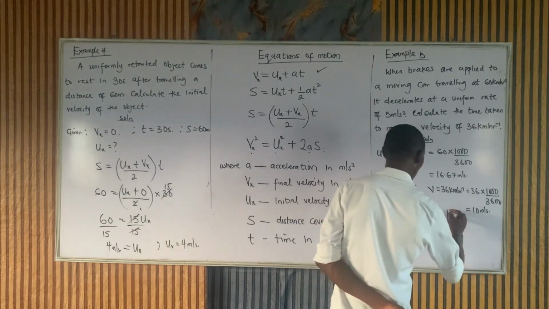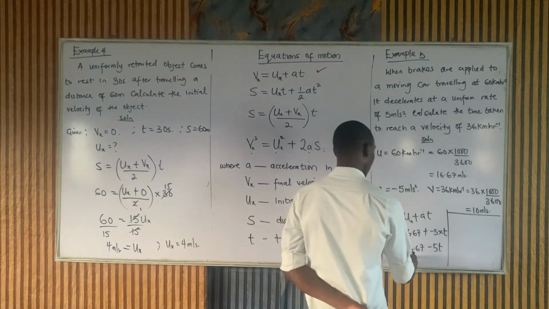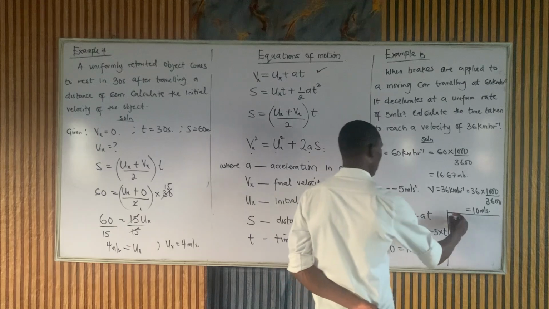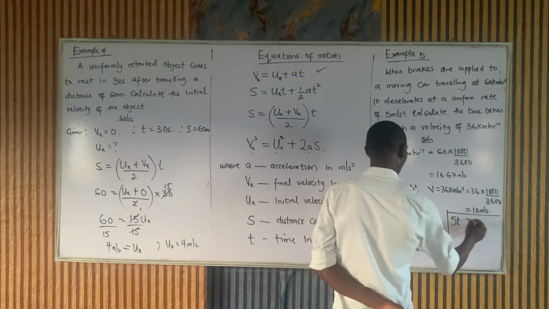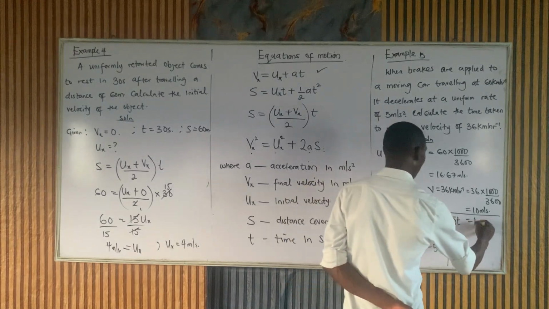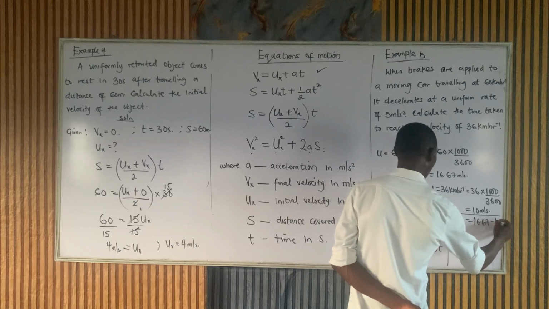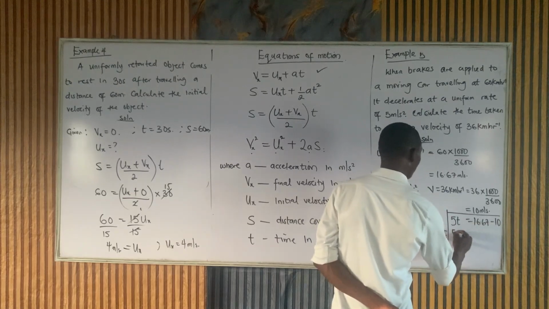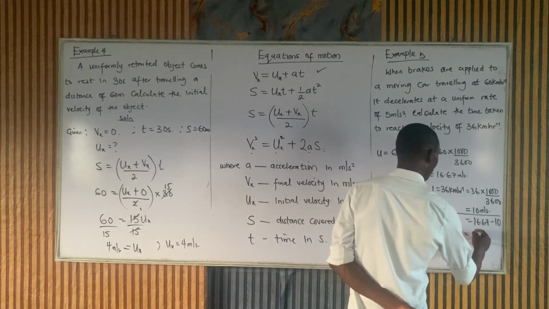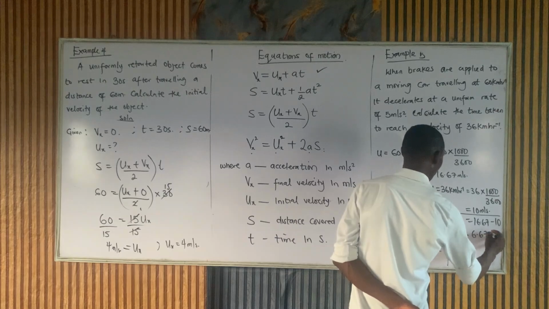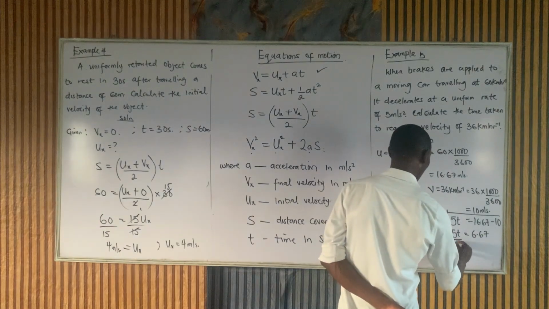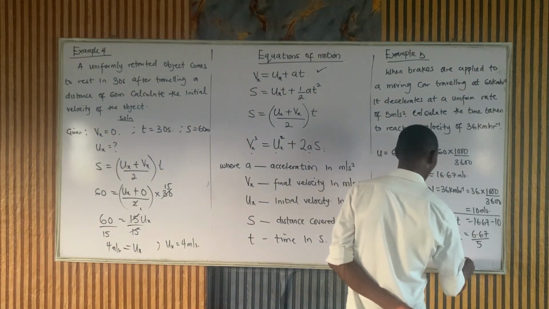So let me divide my board into 2 now. Bringing this 5T here will give us 5T, and then transferring this 10 to this side will give us 16.67 minus 10. So we've got 5T being equal to 6.67. And then dividing both sides by 5,